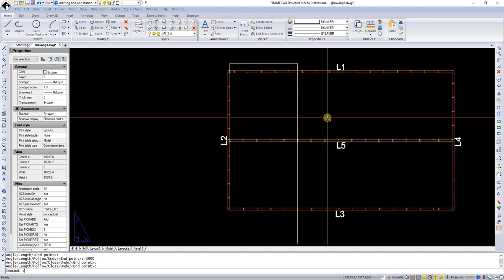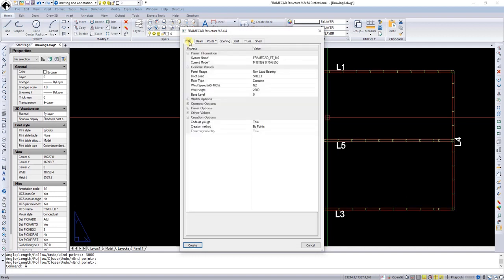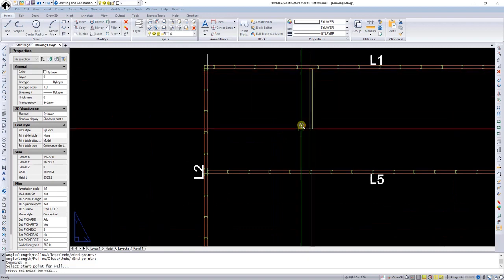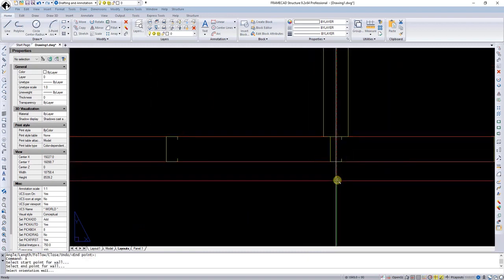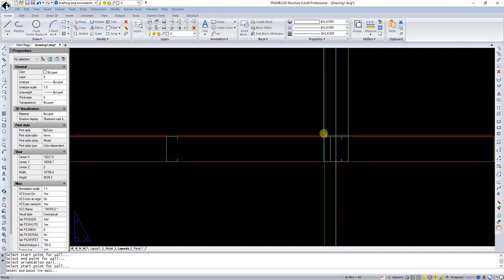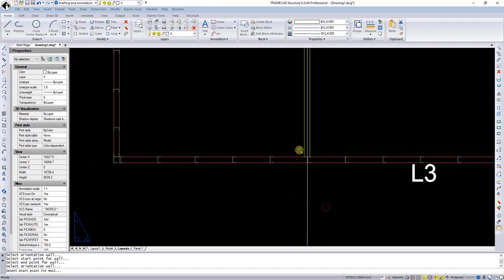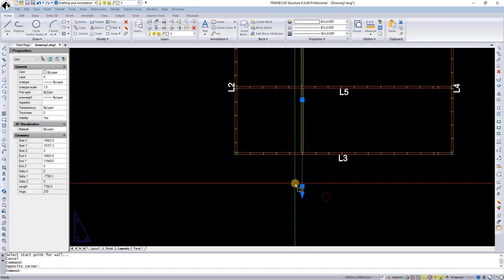Now selecting the A command, and I go to walls, and in the panel usage I use non-load bearing. I've made these 50 mm lower than the external load bearing walls, and I'll do this by points. I click create. Now select the midpoints, and I'll select the other one here, and I have now created the two